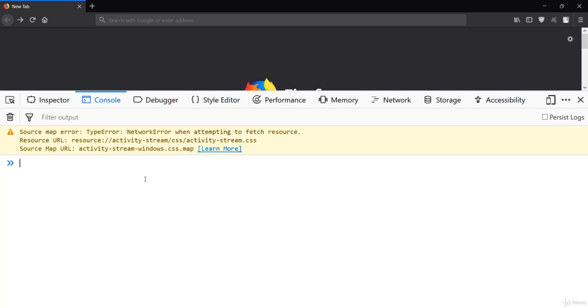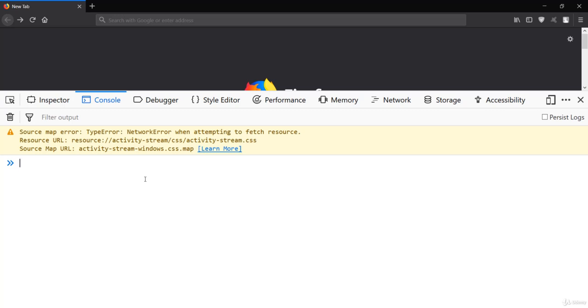So let's see what types of data types are available in JavaScript. The first one is the primitive data type, and the second one is the non-primitive, that is the reference data type. JavaScript is simply a dynamic type language, as we have already said in the case of Python, which is also dynamic type.